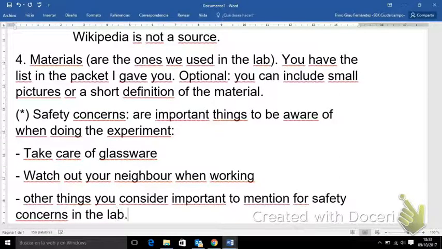Okay, so here you will introduce any concerns that you have about safety before doing the